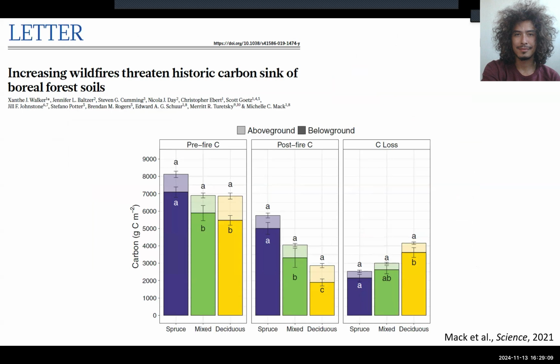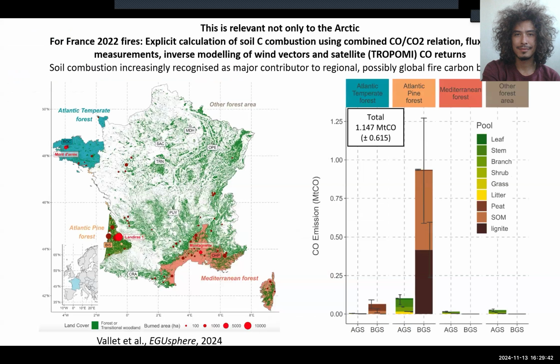So what does this mean for emissions? Well, at least for North America, it's now been estimated with some degree of robustness that around 90% of all carbon emissions from fires come actually from the soil and not from the vegetation, which you can see in this figure, where basically the solid bars are the below ground emissions, and the lighter shading is the above ground emissions from fires. And for modeling, this is important because,